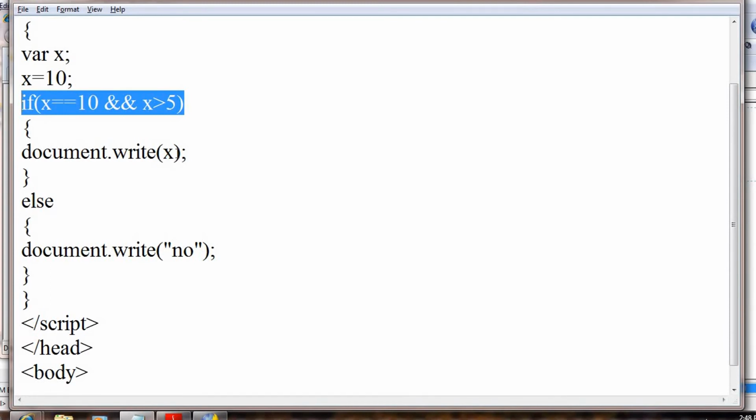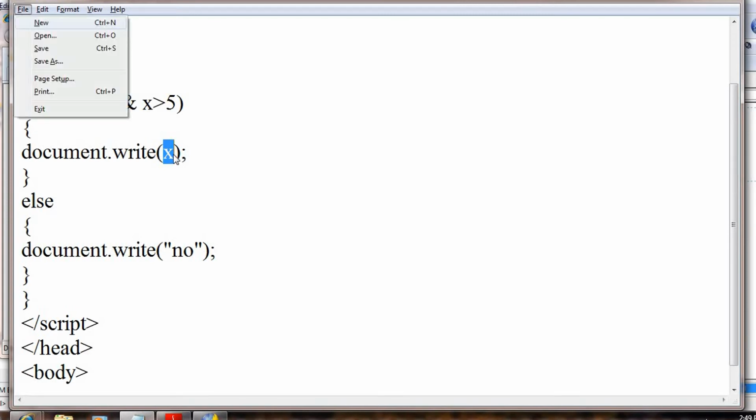In this situation the value of x is 10, and 10 equal to 10 is true, and 10 greater than 5 is also true. Since both are true, overall it is true, so it goes inside the bracket and shows the value of x. So this is how it works.